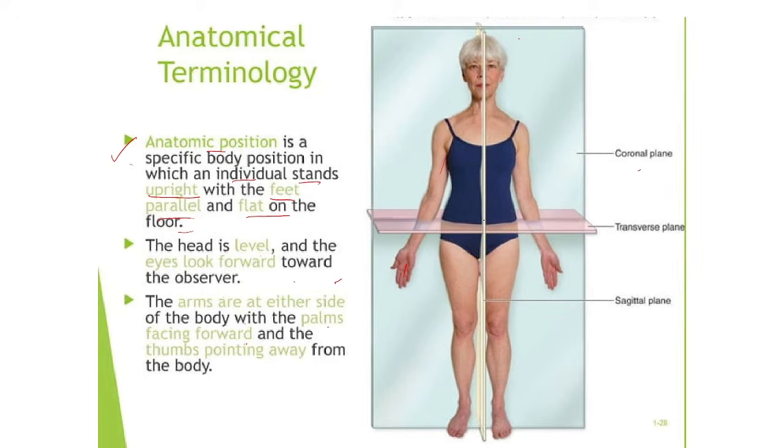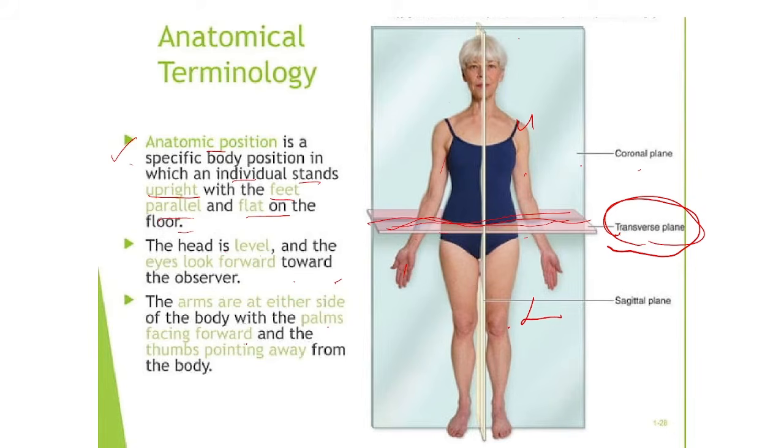Next, on this lady, we are cutting in this way, in the hip region, in the transverse plane. This plane is known as the transverse plane, and it will make two parts, an upper part and a lower part. These are the three important planes in our body.